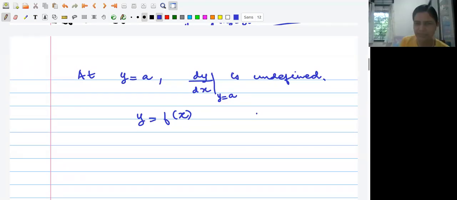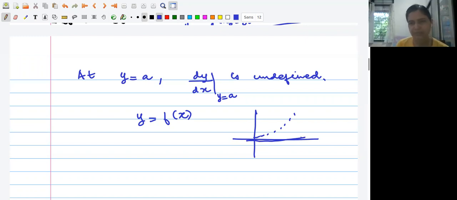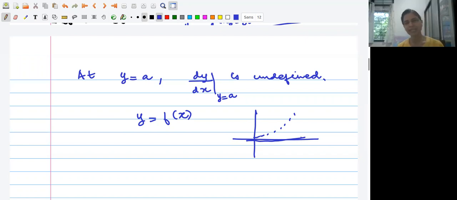For example, many things can happen. You can have one solution curve looking like this and the other solution curve looking like this. All of that can happen, right? But here we are talking about just one point, not about a line, not for all x or all y. So it depends on each case separately. All I'm trying to say is that at this point of time, given the information available, I can't make a generic statement about what is going to happen.